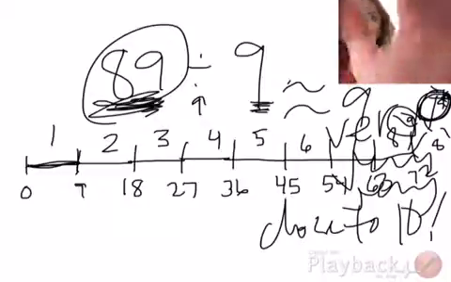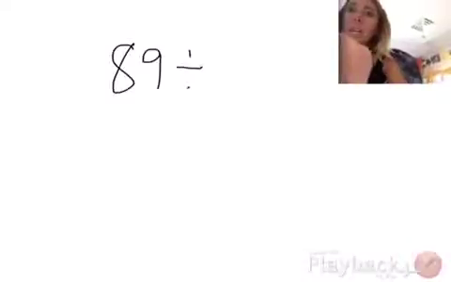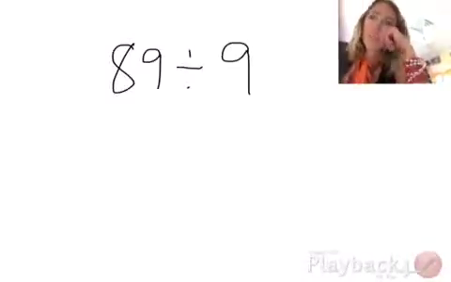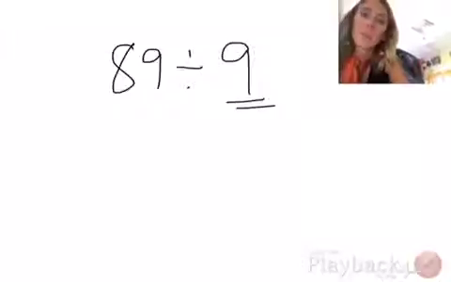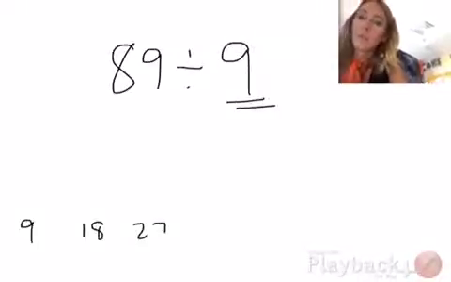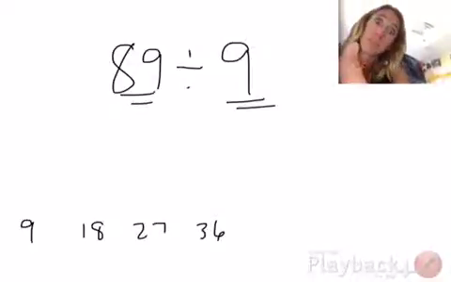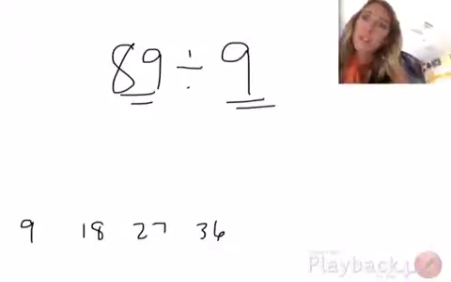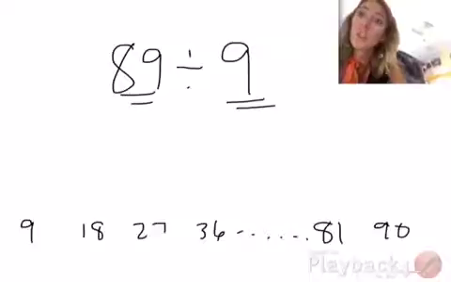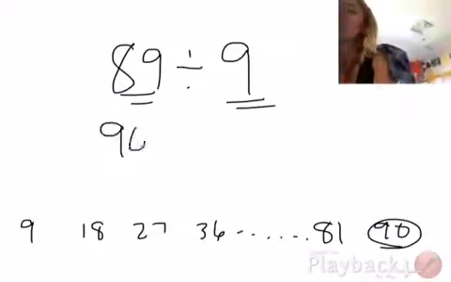So now, let's estimate it the way we were doing in my class. We were looking at the 9 row, and we were trying to find a multiple that was close to this number. We want to see if it's on there. Is 89 on there? Well, no, but it's super close to this one. So let's just change that to that